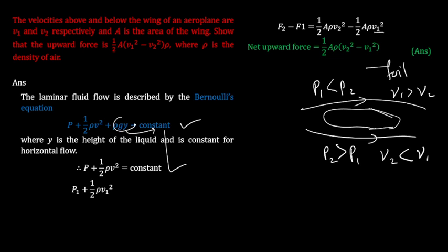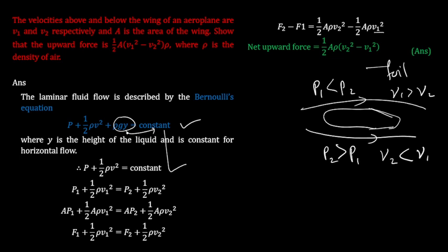In a horizontal flow, this quantity is simply a constant, and therefore we need not consider it. So Bernoulli equation reduces to this form. Now this is a constant value, and this constant value can be adjusted to be the same for both the flows above and below. We can choose different reference levels for these two streams, such a reference level that the elevation with respect to that reference level is the same for both the streams, one below and the other above. For example, suppose this is the reference horizontal level